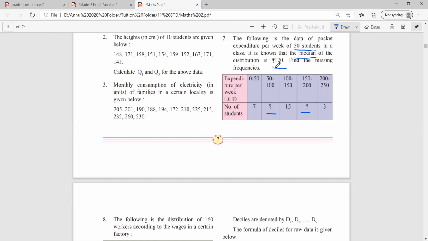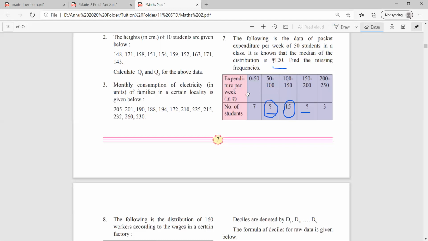Also, median 120 means that they have given you the final answer. Now, what do you mean by the final answer? Just now I explained to you all, 165.625 was our final answer, correct? So how did we confirm that the answer was right? That it was lying between that particular class. Got it? So in a similar manner, 120 lies between the class 100 to 150. That means the final answer of the median is already given to us, 120. So can I say that 100 to 150 will be my class? The frequency which I'll be taking will be 15 and CF will be this particular missing frequency. Did you understand, class? Okay.